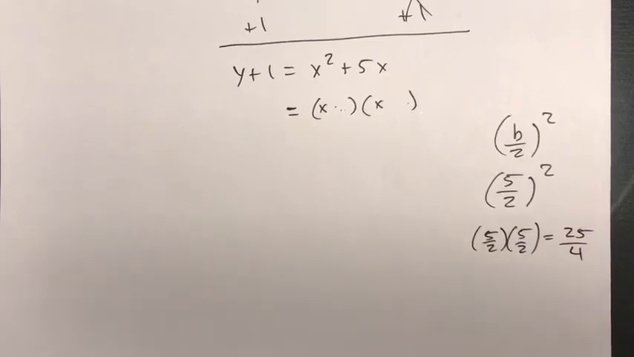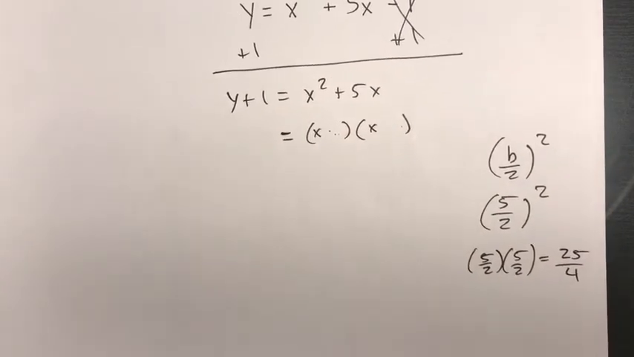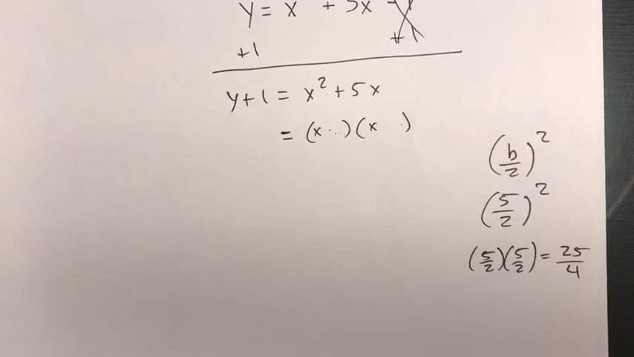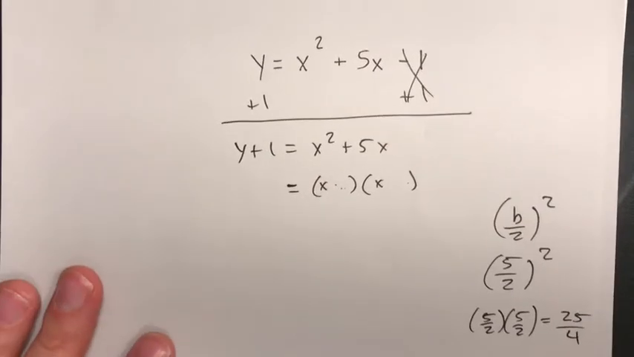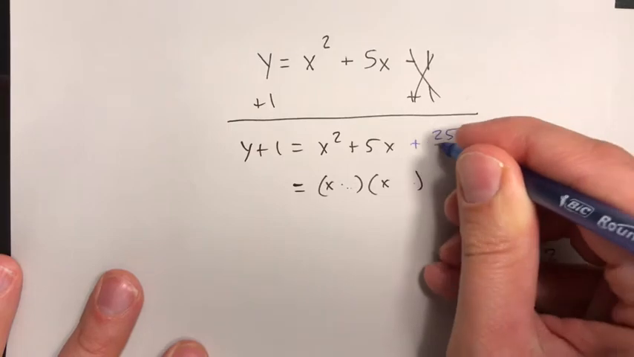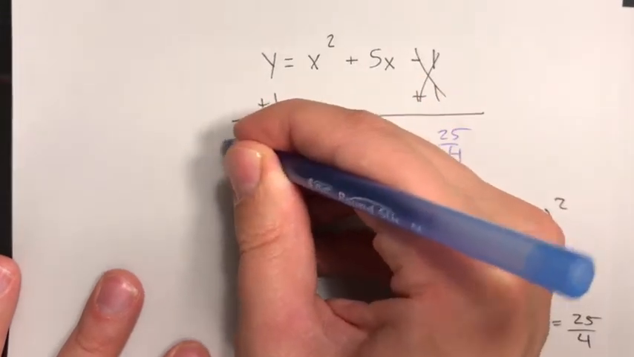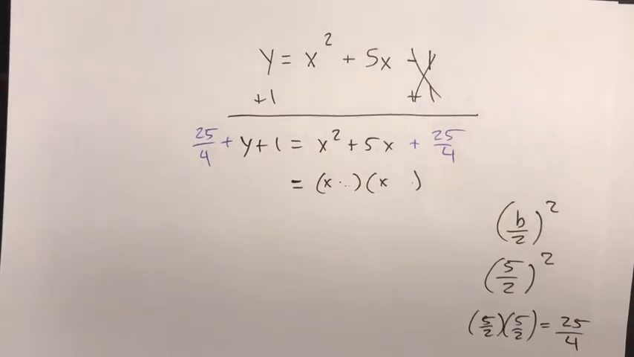So 25 over 4 is that magic number that needs to be put on both sides. And I think that number is, don't quote me on this, but I think it's 6.25. But we'll just do fractions to make it a little bit more legit, right? So here we go. I'm going to add 25 over 4 to both sides. This, by the way, would be a much harder problem because of the whole fraction thing, but again, one step